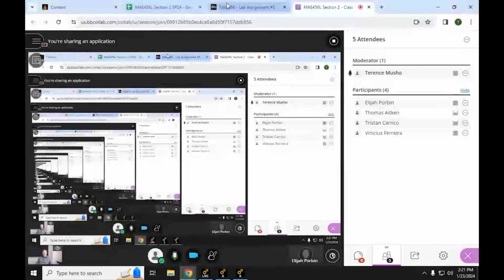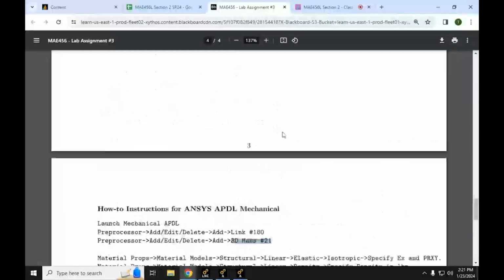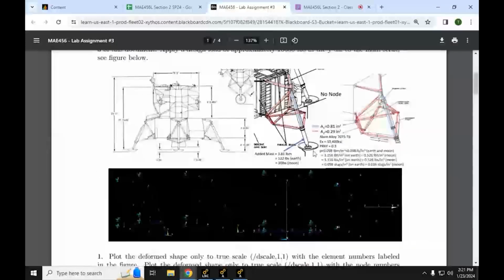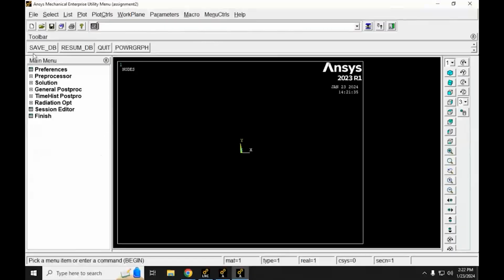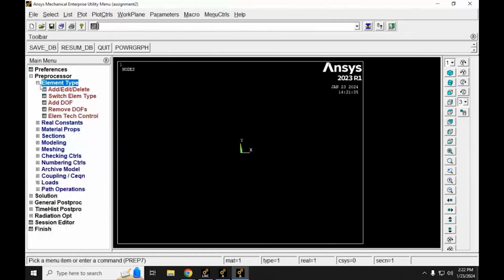Here we go. So let's create our 2 elements that we need, element types. We need Link 180 for all the 2 force members, and then we need this 3D mass element to account for the mass at the end there. Again, we're going to lump this into a single mass, put it right at the origin. So go ahead and go to Preprocessor, Element Type, click Add, Edit, Delete,